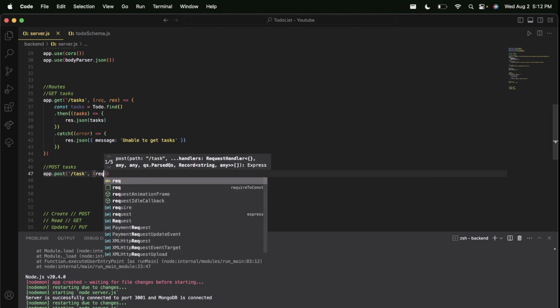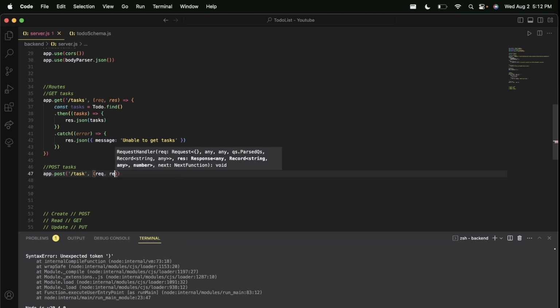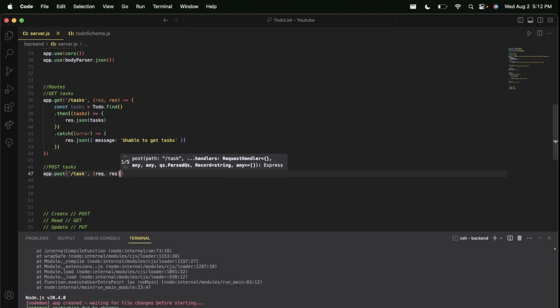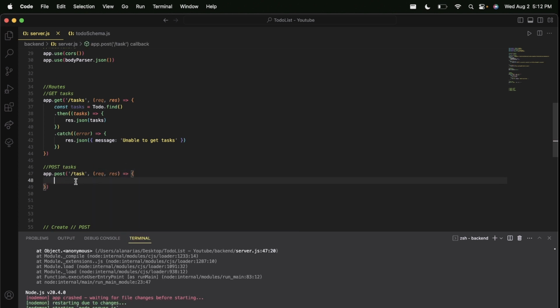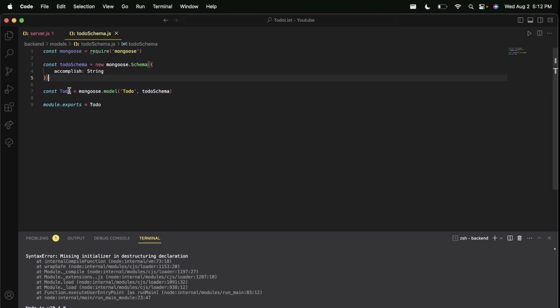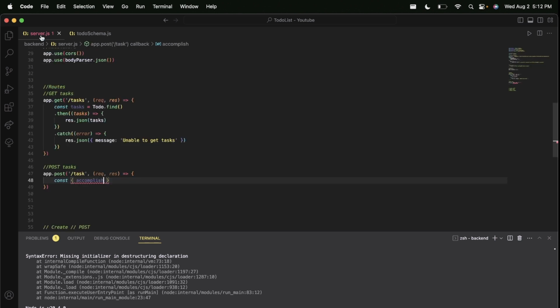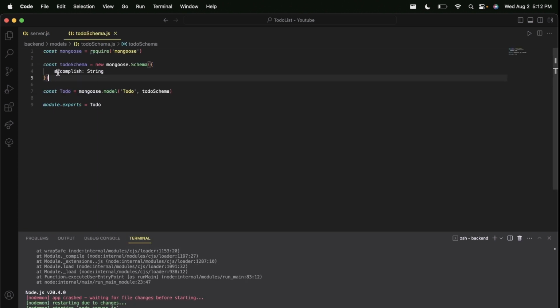the information data, and in order to do so, we have to request the data, and then we're going to respond with the data to do something with it. So the data that we are going to include is const, and the data is accomplish. Okay, and we're using accomplish because that's the value in our schema. Okay, so we are equaling that to rec.body, because this is called the body here. Okay,